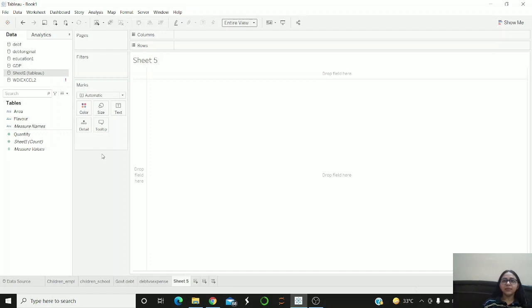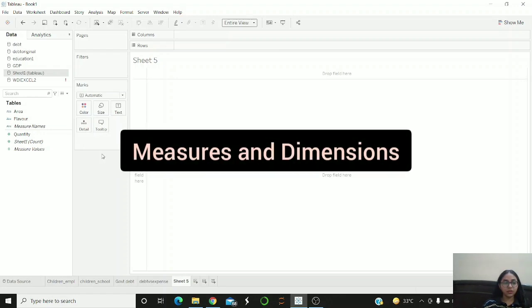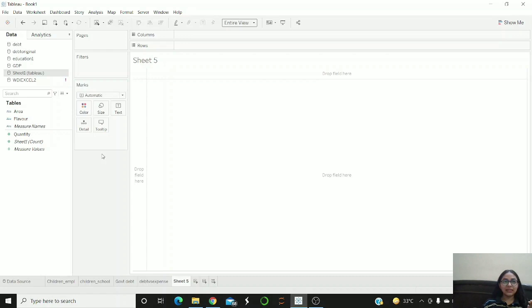Before that, I'm gonna specify an important point, which is about measures and dimensions. Whenever you import any kind of data into Tableau, it automatically classifies each column into either a measure or a dimension. Now dimensions are qualitative data. For example, your name, your gender, or maybe country name, state name, etc., stuff like that.